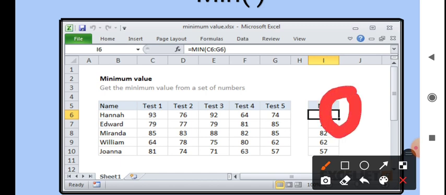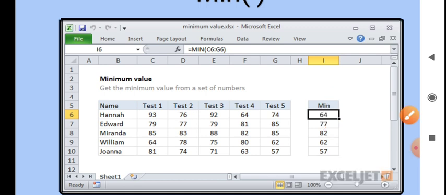This dotted point is the fill handle. After getting the first value, you can drag it down to wherever your data is, stretching it down with the help of the mouse. So you get the answers for all the data. No need to type your formulas again. In the second one, the least value is 77, and the third is 82. Got it? What is the minimum?